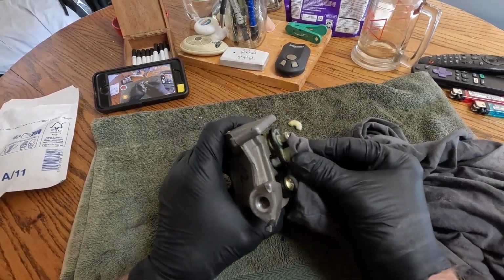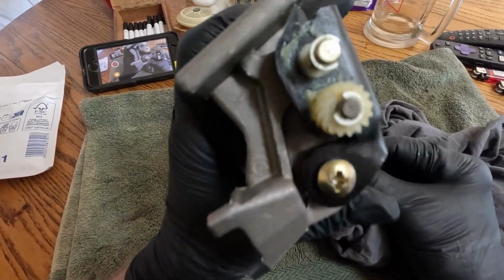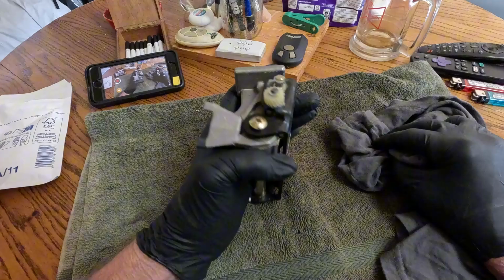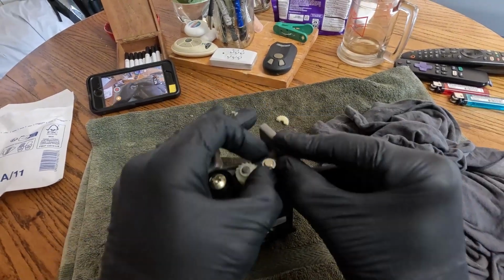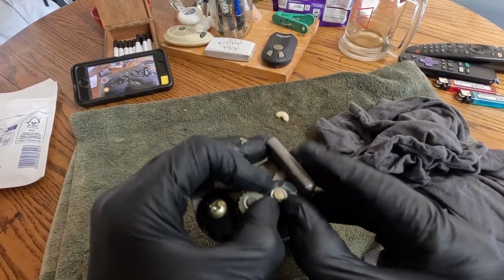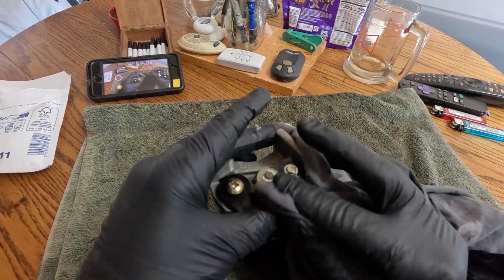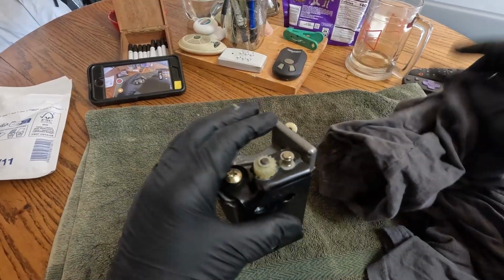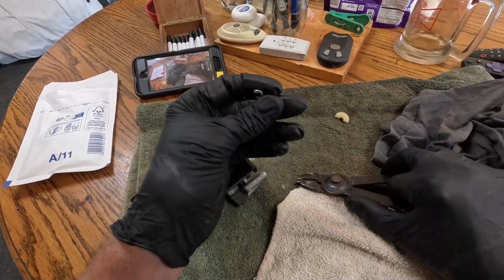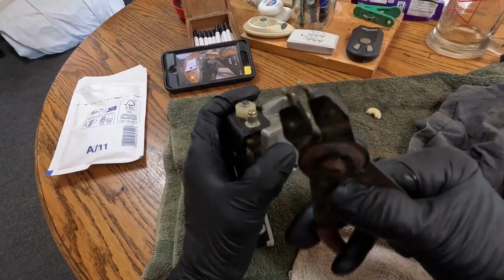So this has got some kind of white lithium grease. You can see it. I have to try to get these clips off. Probably going to go flying across the room. Lots of grease. What can I use? Wow. I actually got this off. See these little...